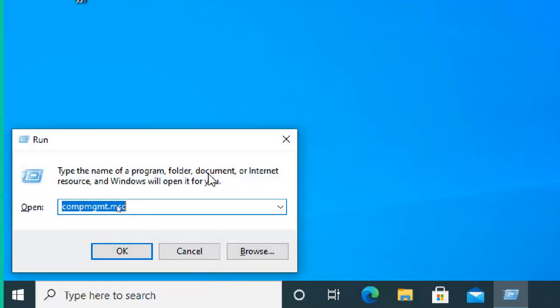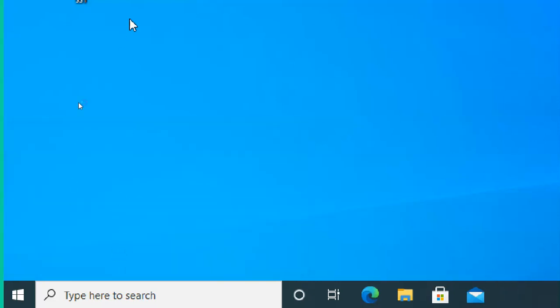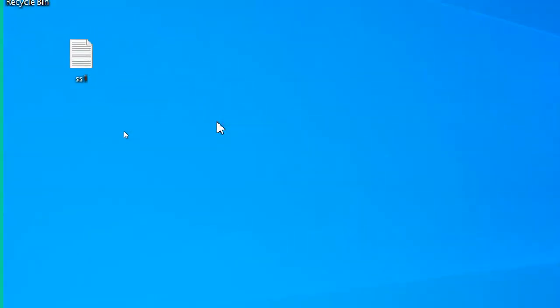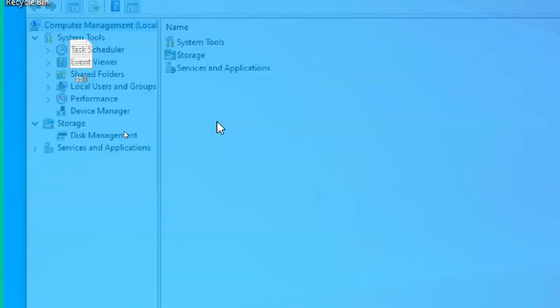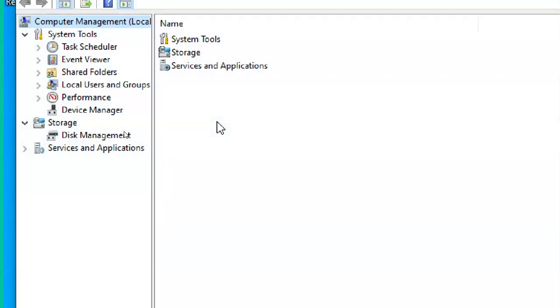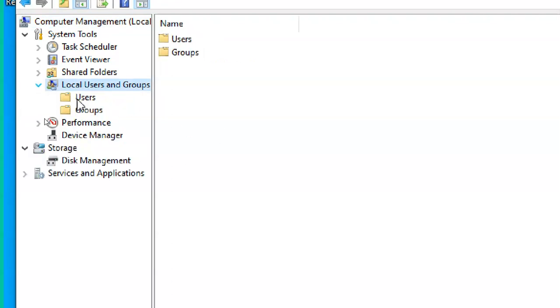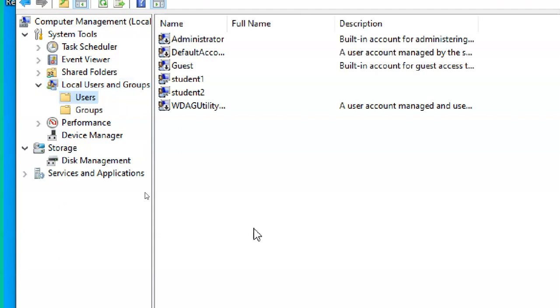Go to run, comp mgmt.msc. Which option do I have to go to? Local users and groups. Very good. Expand it. Click on users.